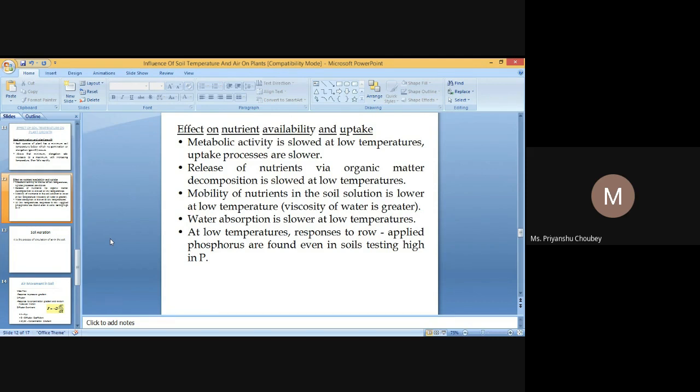Major or macronutrients are those nutrients which are required in large quantities, more than chlorine and iron. These include carbon, hydrogen, oxygen, nitrogen, phosphorus, potassium, calcium, magnesium, and sulfur. Since two natural resources, air and water, supply